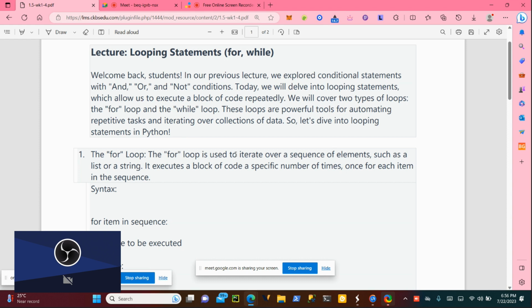The for loop is used to iterate over a sequence of elements, such as a list or a string. When you say iterate, it means that we go over a sequence.